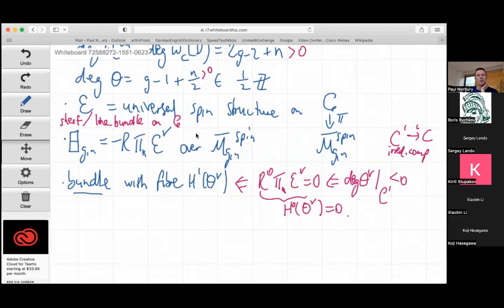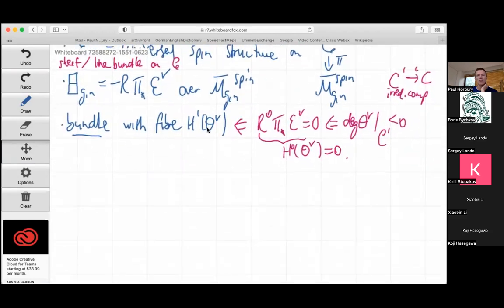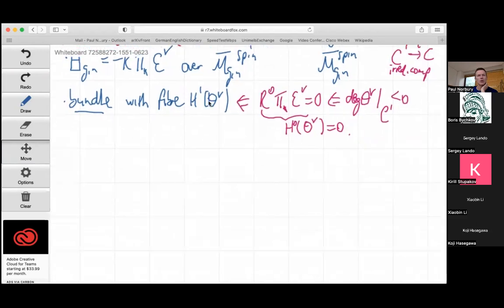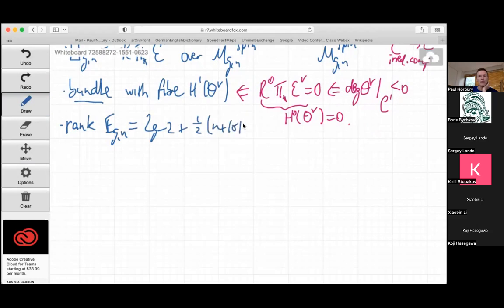And the Hodge bundle was used to produce these lambda classes and the degree m Chern character classes. And so this is going to be used to produce... So what we get is that the rank of E_{g,n} is equal to 2g minus 2 plus a half n plus